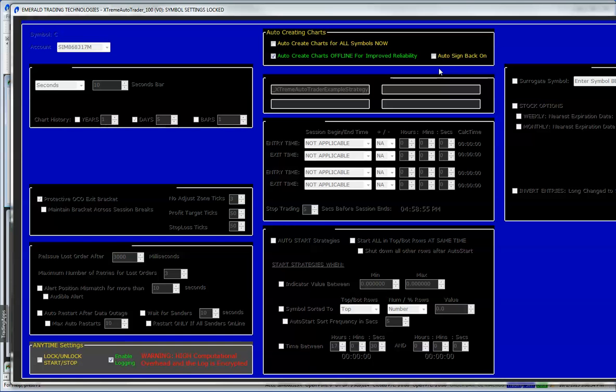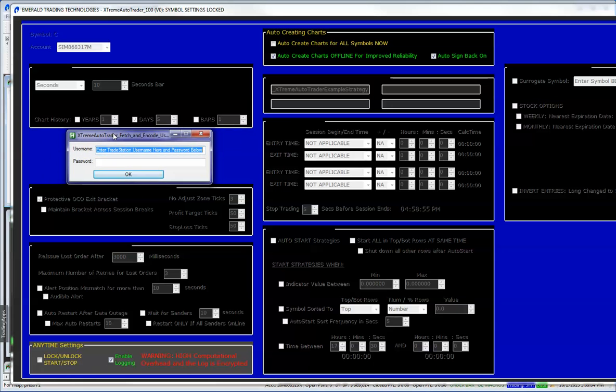Let me explain how this works briefly. When creating strategy charts for XTremeAutoTrader, the reliability of creating those charts properly is greatly enhanced if you first take TradeStation offline, where it's not receiving either data or connected to the order server. So once the strategy charts are done being created, you then want to take TradeStation back online. You can do this manually, but by clicking on Auto Sign Back On, the process of manually signing back onto TradeStation is automated. When you click on it, a small window opens up for you to enter your TradeStation user ID and password,